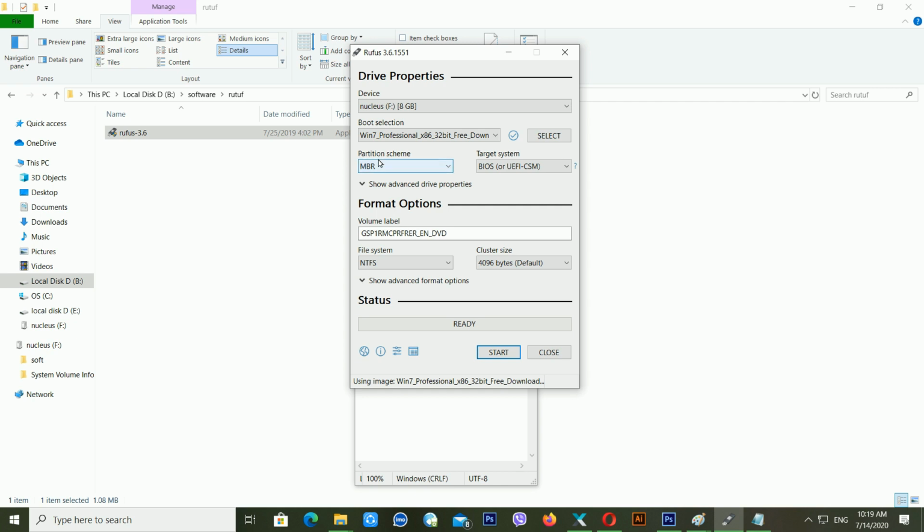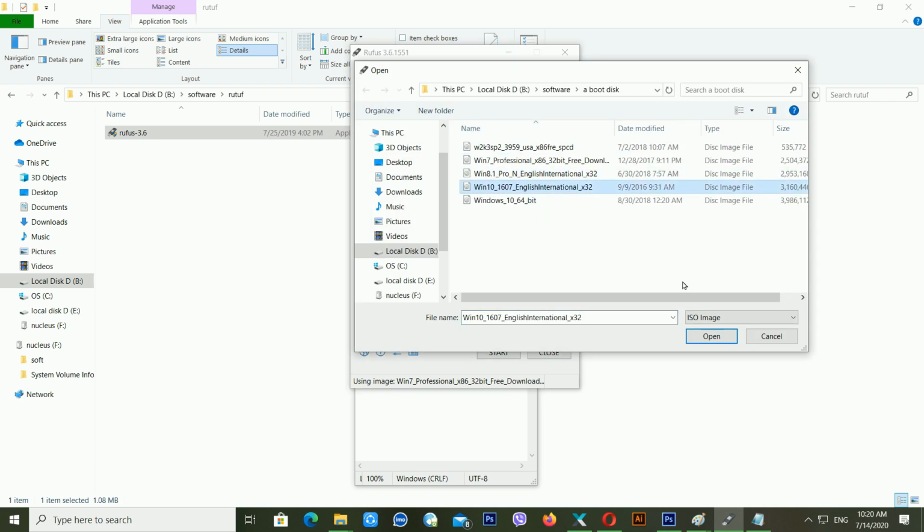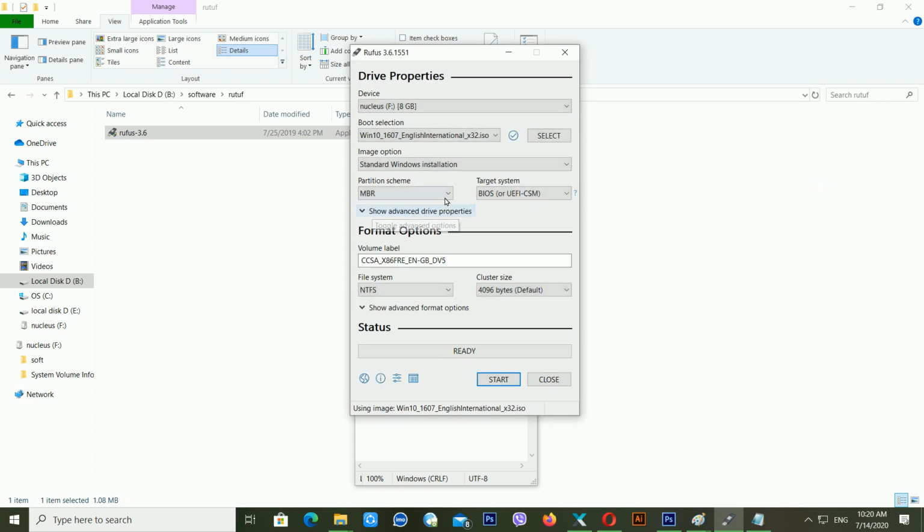And after this, now you can see here there is a partition scheme. If you are using an MBR, now there is only one system, that is BIOS or UEFI system. I think for Windows 7, it will support only the BIOS or UEFI or CSM system. But if I choose this Windows 10 system, I think it will support the two partition schemes. So you can choose the image